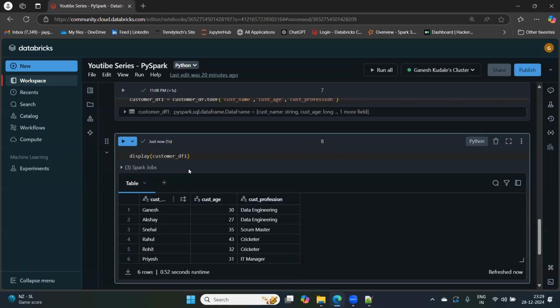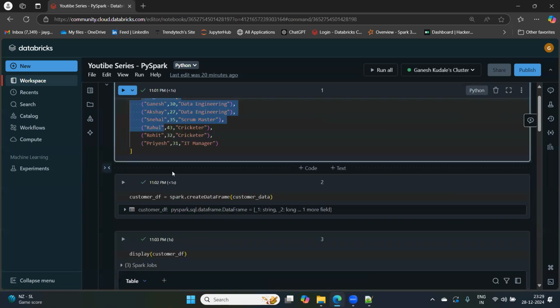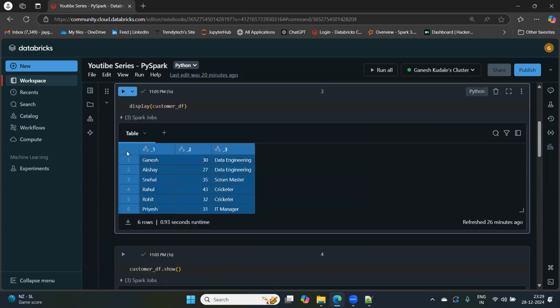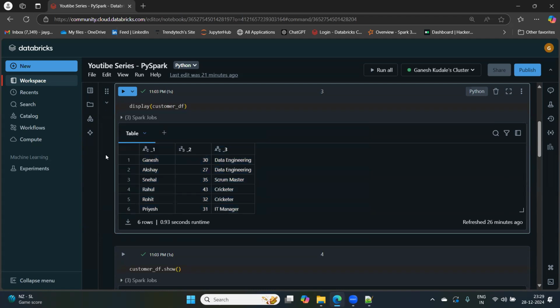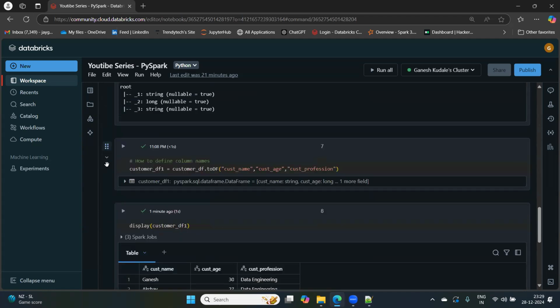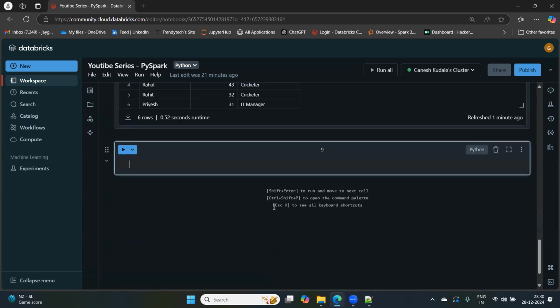In the first session, we saw how to create a raw data frame using a Python list. We used spark.createDataFrame to define the data, and that data frame took default column names and default data types. Then we saw how to assign column names using toDF, Spark dot createDataFrame dot toDF. Now in this session, we will understand